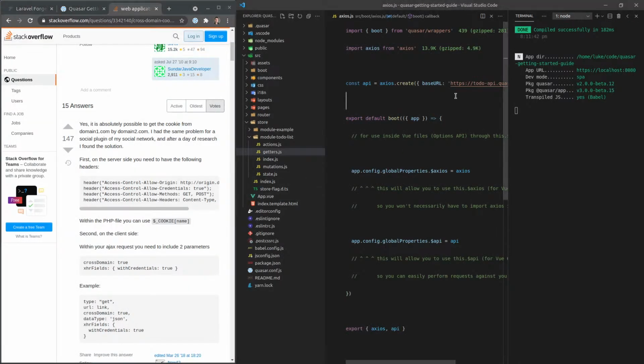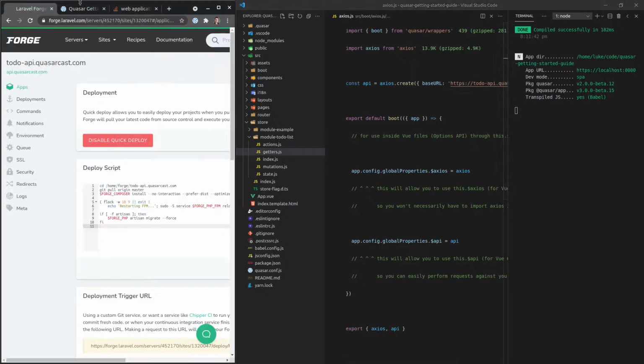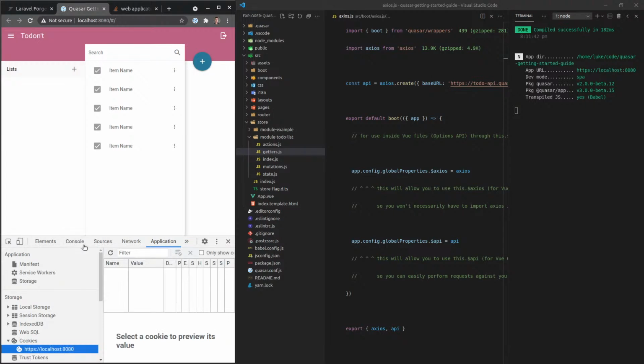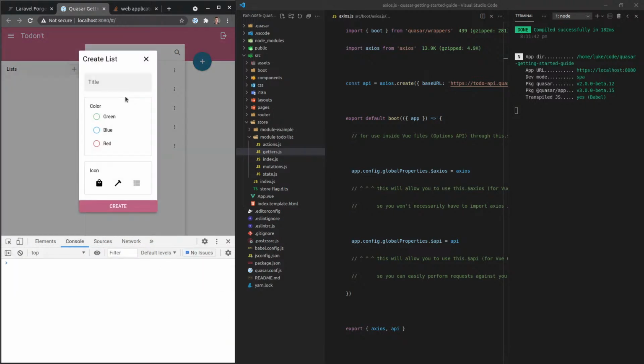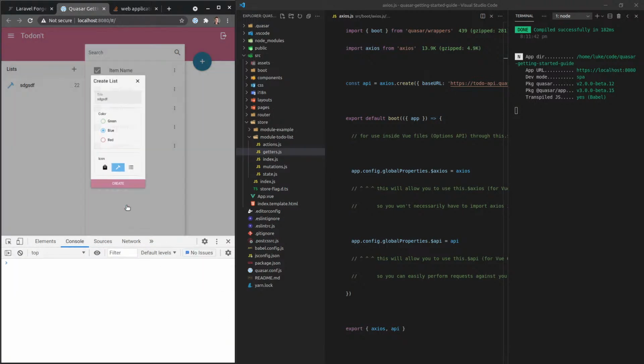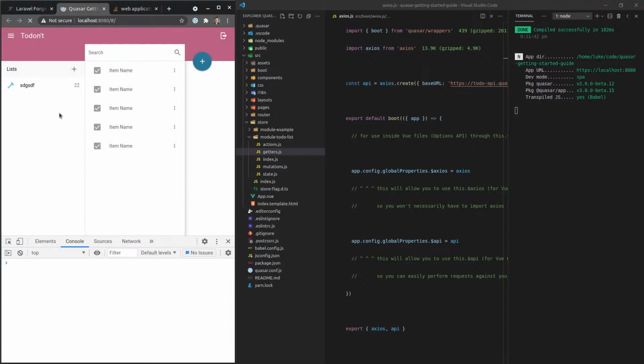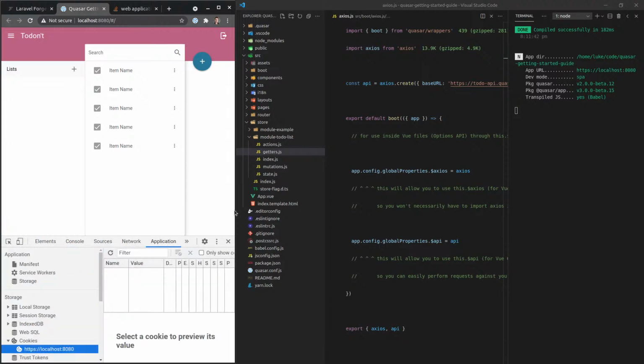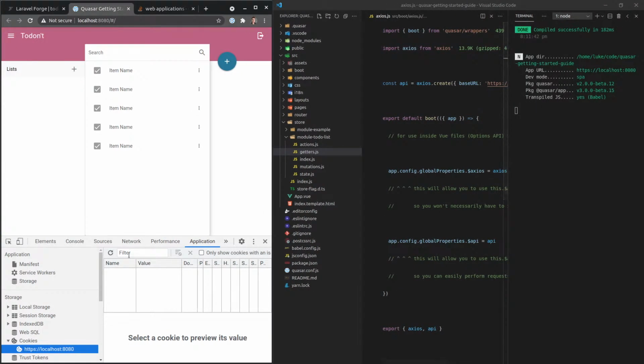So let's see if this is going to work for creating one. Just to test that. All right, and it's lightning fast now, of course. Cool. So this is giving me a really good replication environment. Let's go to application. So the cookie's not being set, but